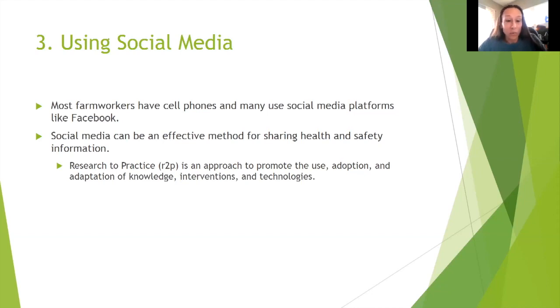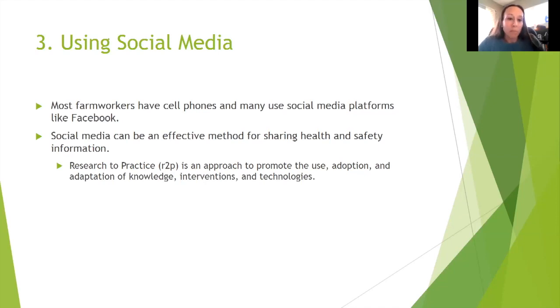What we learned earlier this week, if you were able to join the session around the National Agricultural Workers Survey, the NAWS, is that most farm workers do have access to digital information. About 95% of the farm workers surveyed through the NAWS had access, and about 92% had access to a cell phone or a smartphone where they could access the internet. So farm workers have cell phones and they can use these social media platforms. And from what I can tell based on the chat, they are using these platforms, and we are using these platforms to reach out to them.